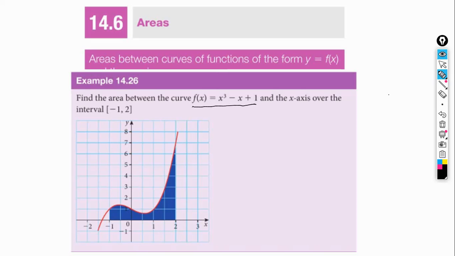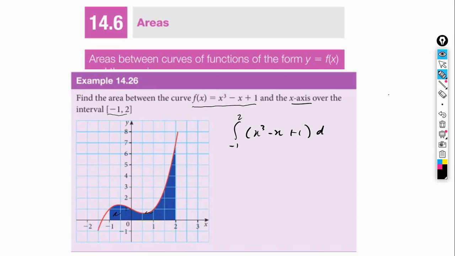equals x cubed minus x plus 1 and the x-axis over the interval -1, comma 2, both included. So what they want us to do is to find this blue area that we can see here under the curve. These cases are pretty straightforward. When the curve is above the x-axis, all we have to do is a simple integration. So in other words, we would need to integrate from -1 to 2 the function x cubed minus x plus